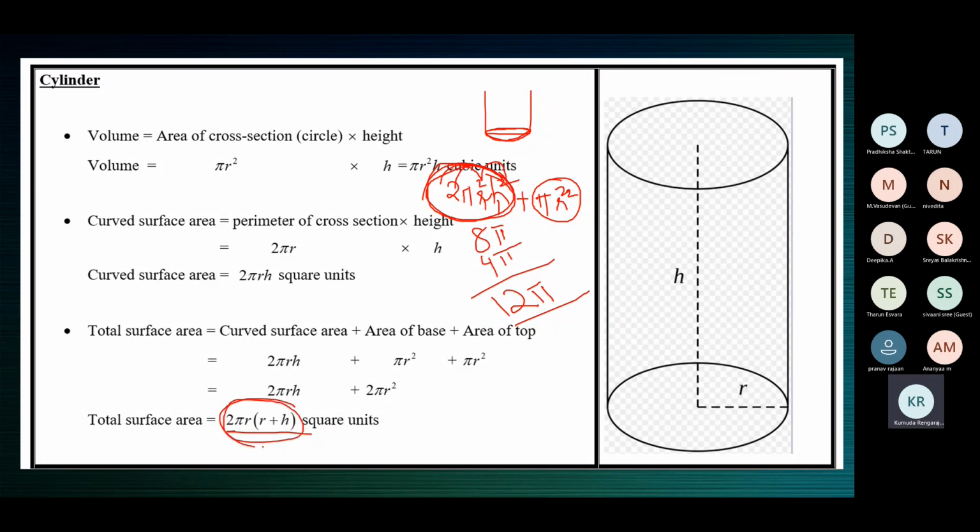It's not this formula. This is the total surface area of a cylinder whose base and top is covered, where you can paint the base and paint the top. There is a circle below, there is a circle on the top. But this cylinder, which is a cylindrical tumbler, yes, there is CSA, of course. A cylinder cannot exist without the curved surface area.